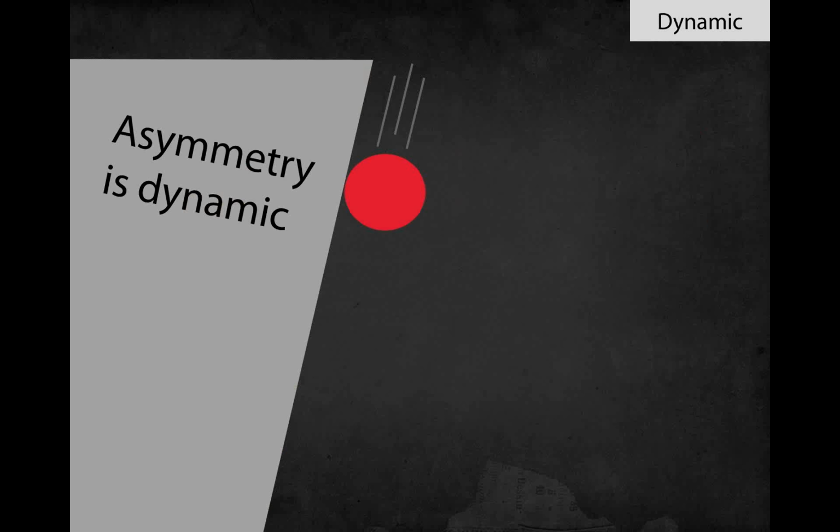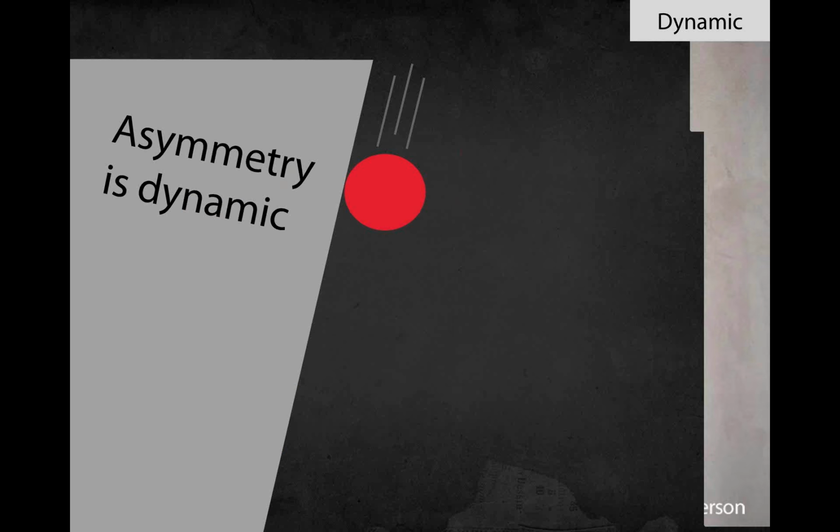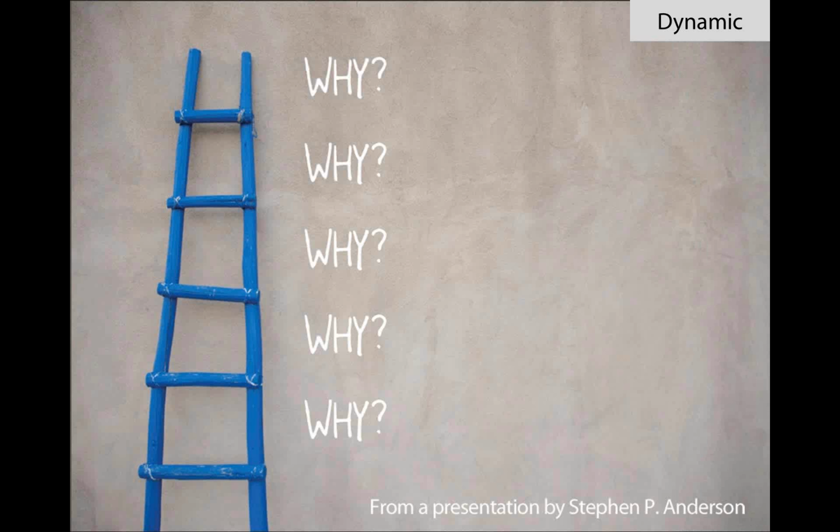A more dynamic approach is something that's asymmetrical. It's a little bit more interesting. There's more tension. It catches your eye. I like this one from Steven Anderson. I just thought that if you're asking why, there's a certain amount of emotional intensity. And it was good to have it asymmetrical here. So those are the kinds of things you can begin to think about when you're designing something.